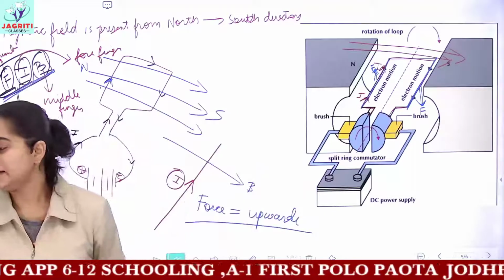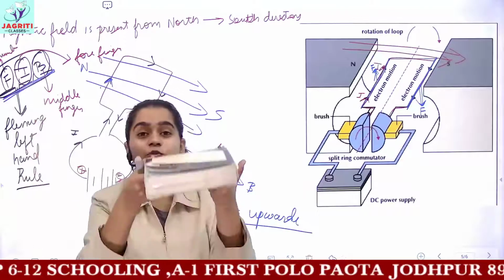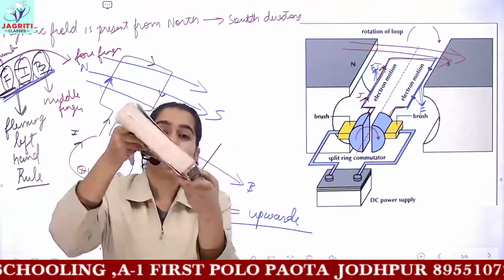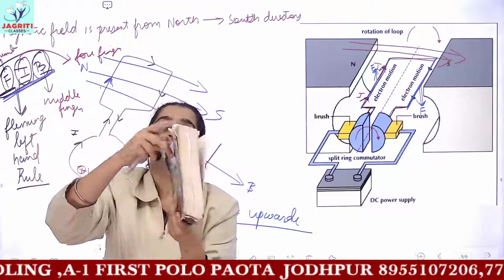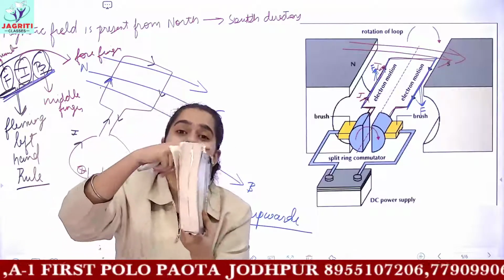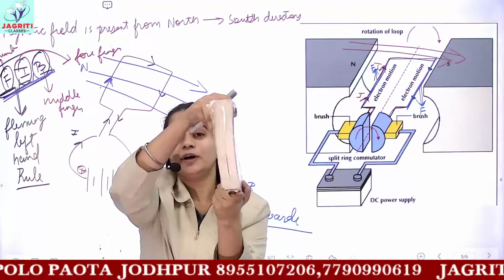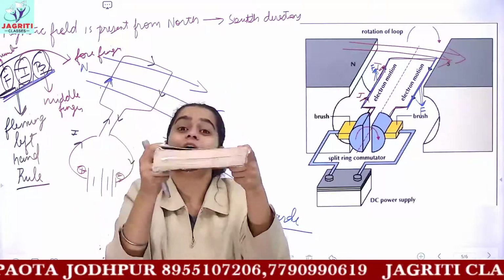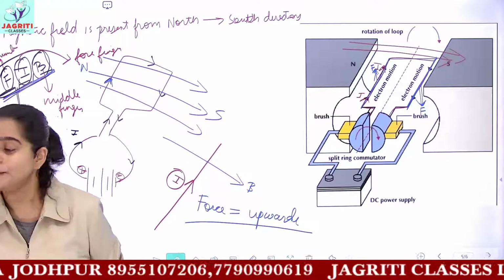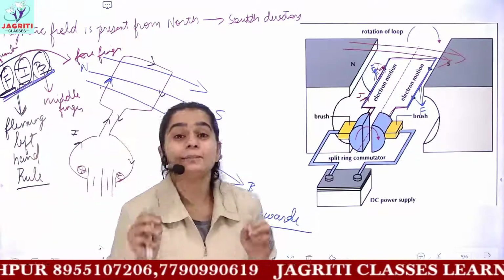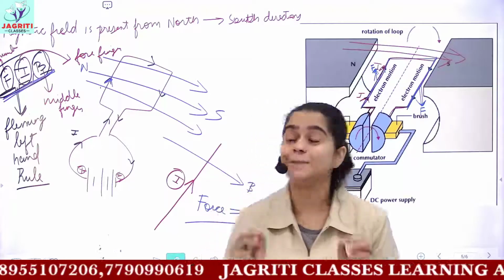We can explain it again. Our coil was in this position and it was moving in this manner. Now the force on this side is still acting in the upwards direction. So after attaining this vertical position, it would again come down, and hence it would not be able to complete one complete rotation or one complete circle.